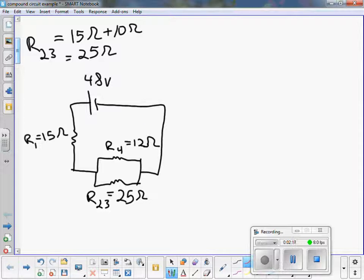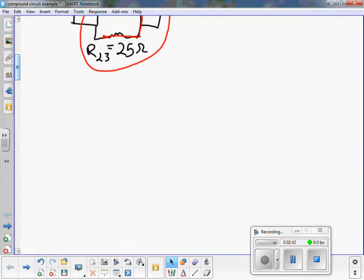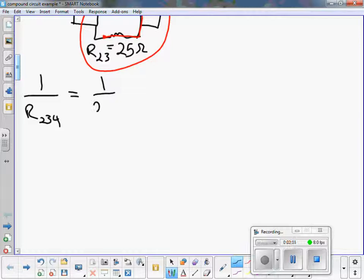The next step for me is I'm going to combine R4 with that resistor I called R23. Those two are in parallel with each other. If I try to draw that line that goes through both of them, I have to go through a junction, a place where the current splits to go two different directions. When I've got resistors in parallel like that, I've got to do that 1 over stuff. So I'm going to call that new resistor R2, 3, and 4, since it's a combination of resistors 2, 3, and 4. And that's going to be equal to 1 over 25 ohms